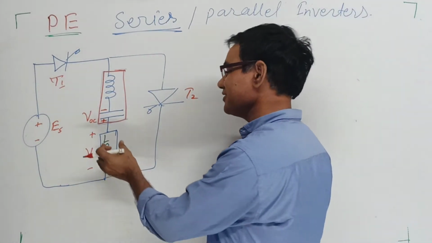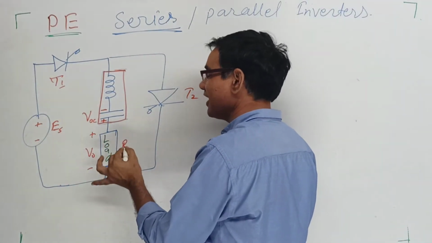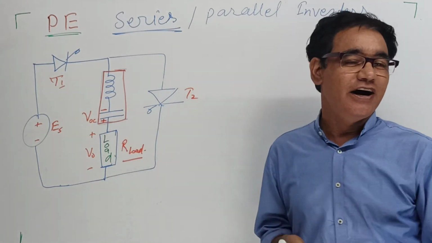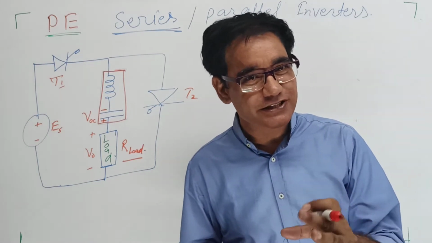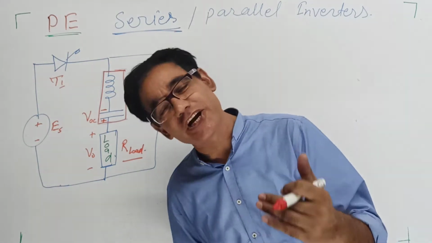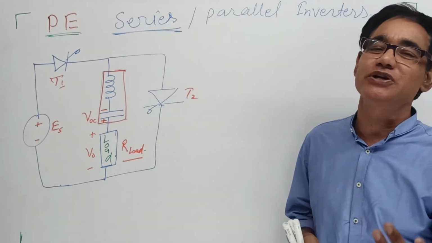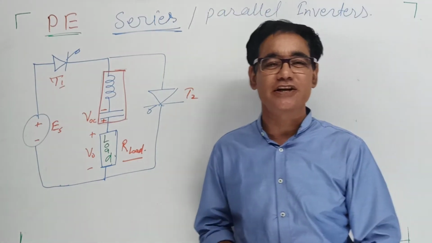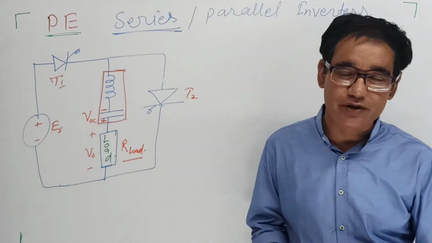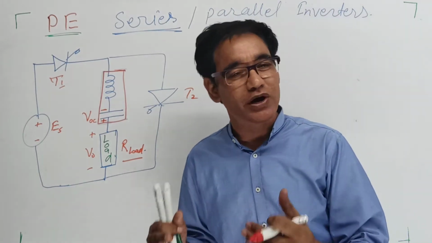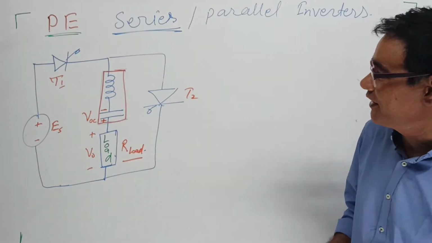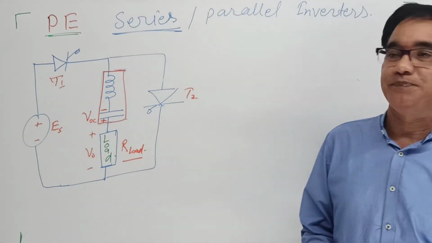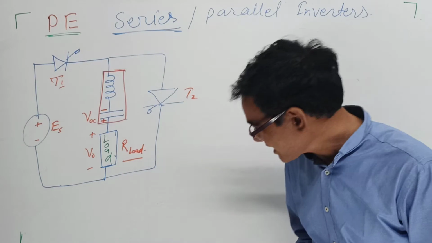And the load is resistive type. Load is the resistance R. And if the load is inductive or capacitive, then an additional inductor or capacitor isn't required. So it depends upon the designing aspects: what the value of the inductor and the capacitor in a load. So if we minimize the load and inductive requirement in a series one, the commutating element requirement will be minimum. Otherwise, it will be maximum.